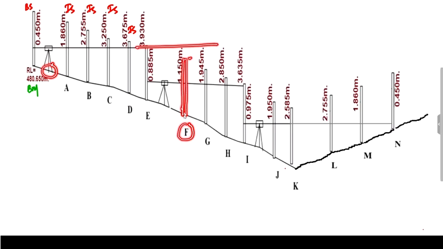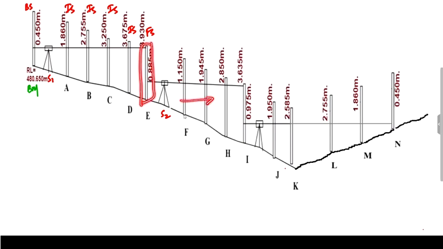So what I do is, the last reading taken from this point, say this is S1, I can take as my foresight reading. Now I'll take all the instruments and set them at another point such that the last point taken is visible to me, as well as the next points to be taken are also visible to me. So once I change this with respect to the mean sea level,